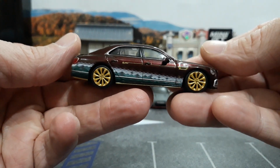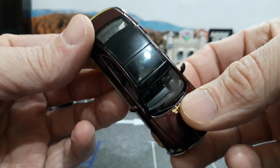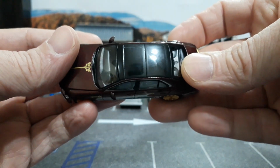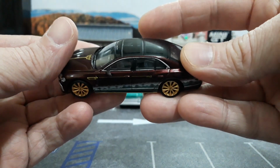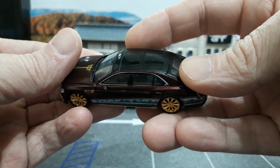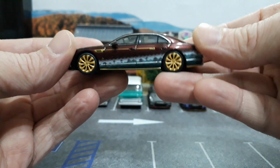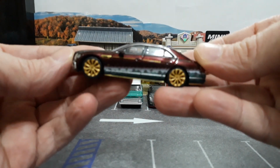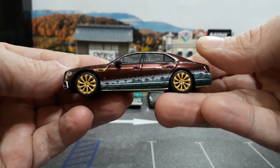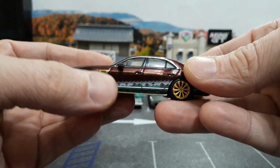This one here almost made it into my top 5 for the final quarter. This is a very cool car, and if you hold it in the right light, you can see the roof is transparent. As you can see, my finger through the side glass, looking through the roof. Very cool car, very nicely detailed. One of the reasons I didn't pick it for my final 5 was because I wanted the Lamborghini Urus over this, and plus, if this would have been the stock one without this